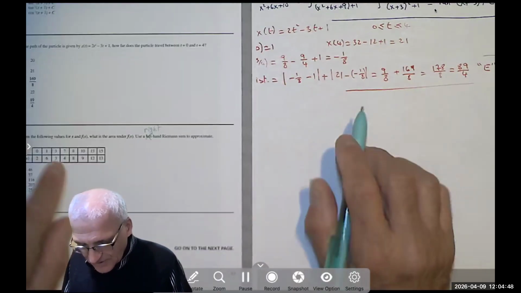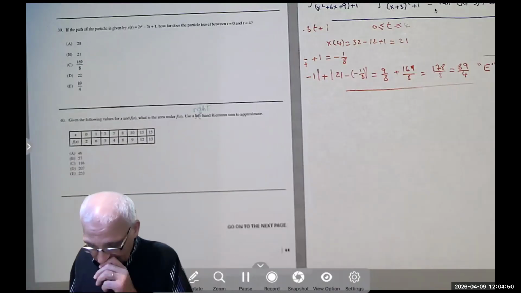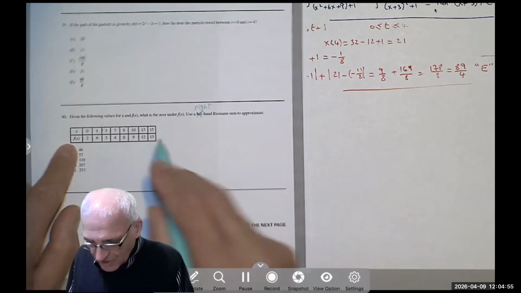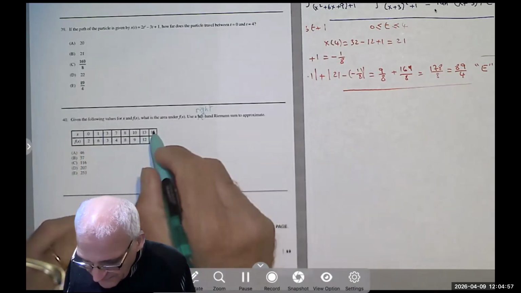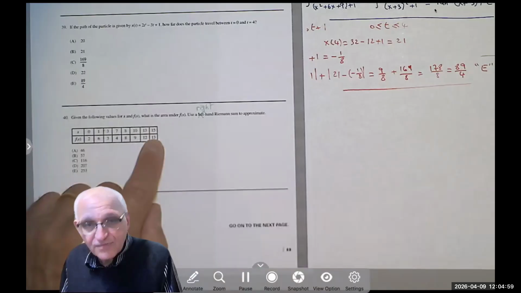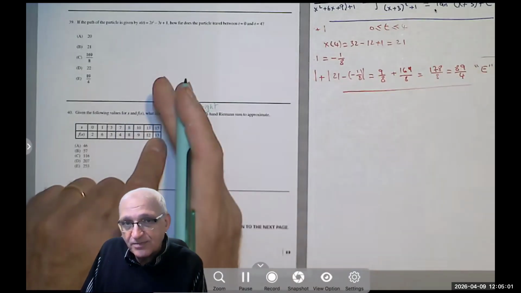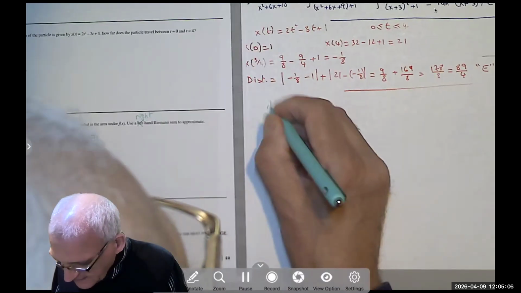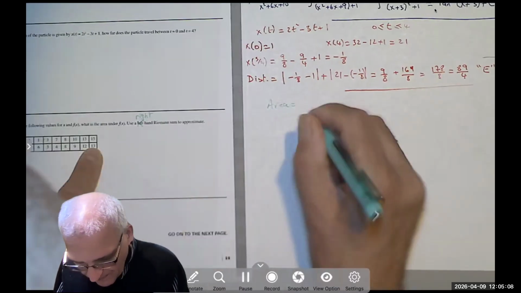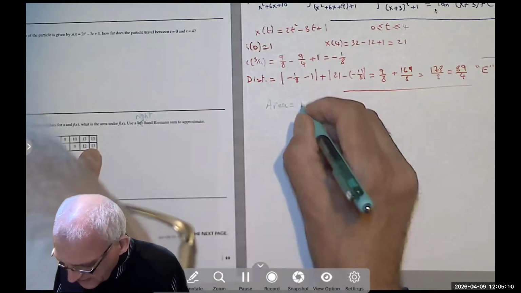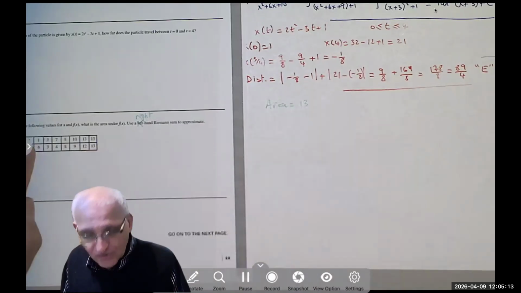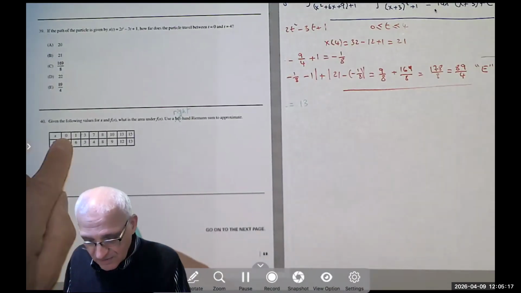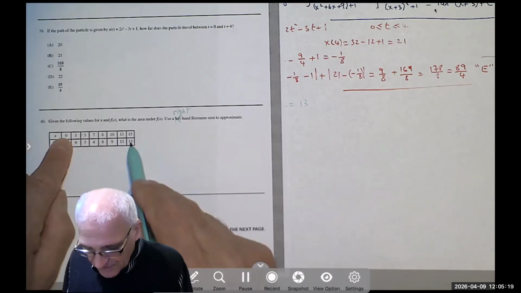Okay, so if you do the right-hand side, do you see these are the x's and these are the f of x's? Between 13 and 15, the height would be 13 because we are doing a right Riemann sum. So the area equals the height, which is 13, from the right. I'm not going to use the 2 at all. The last will not be used. So it's going to be 13 times 2